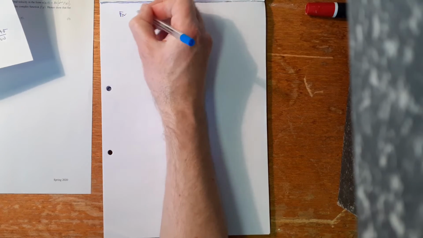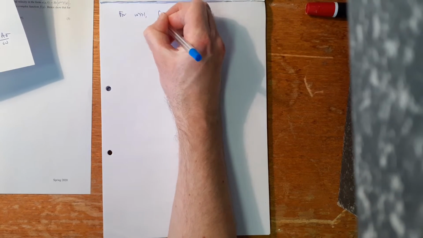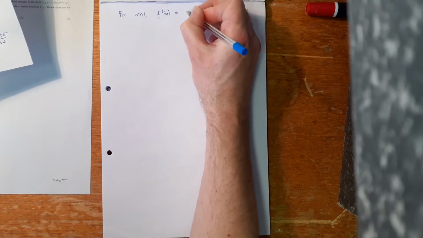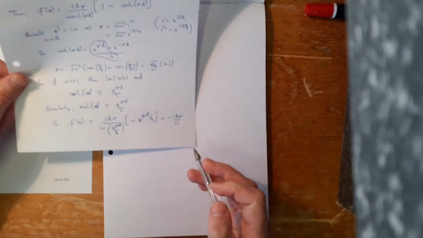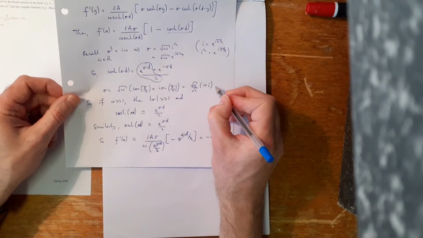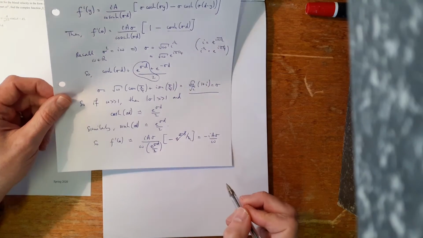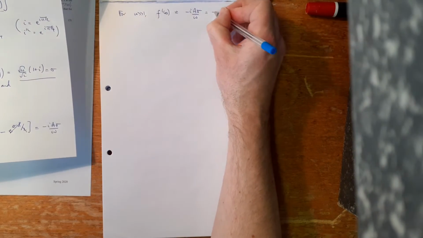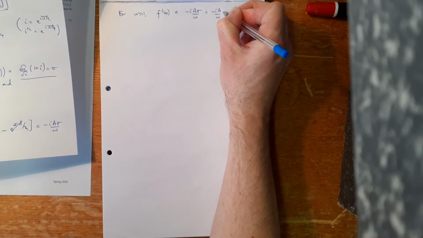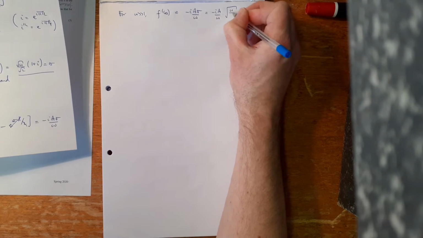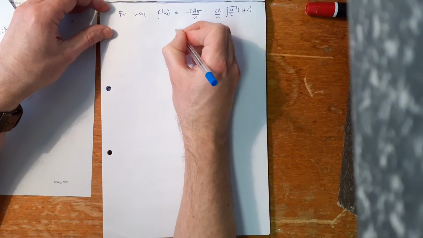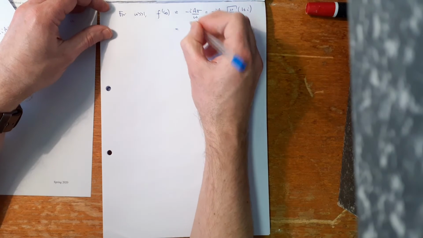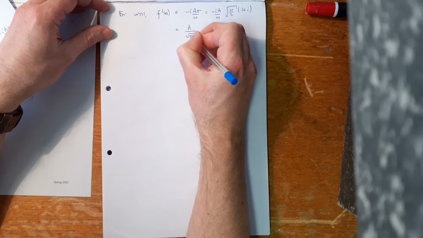Okay, so let's carry on. So what we've got then is that for omega large, f dash of naught is approximately minus i a sigma over omega, but we just worked out what sigma was here. That's sigma, so we can substitute that in. So what we get here then is minus i a over omega times sigma, which is root omega over 2 times 1 plus i. So if we tidy that up a little bit, then that's equal to a over root 2